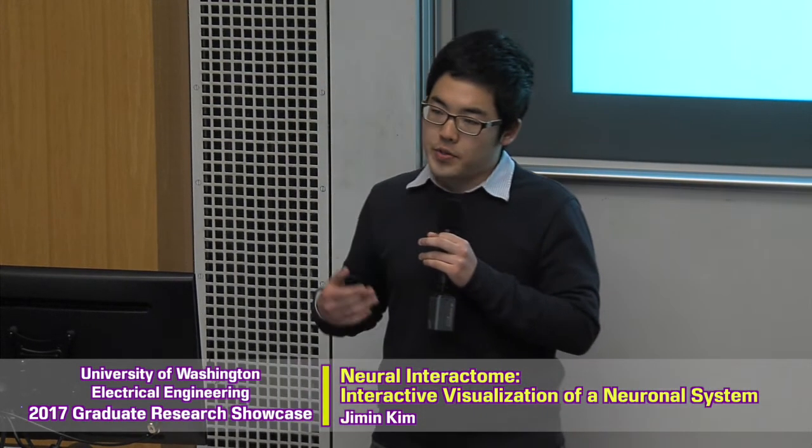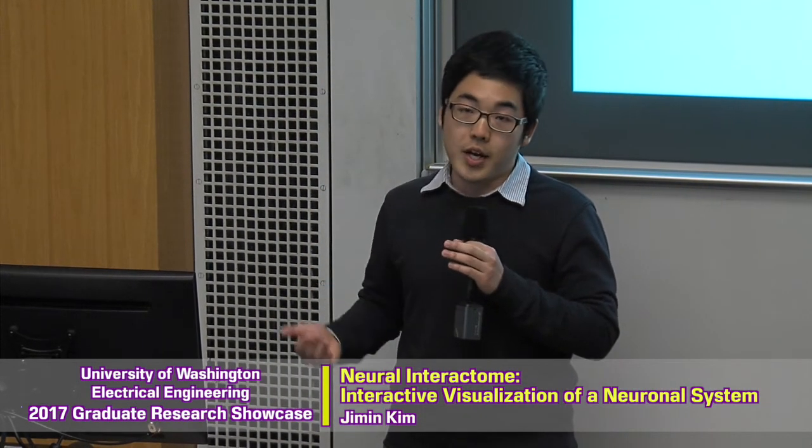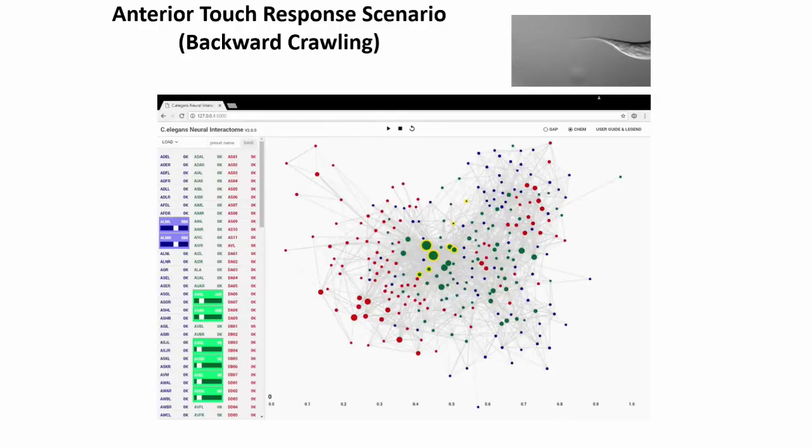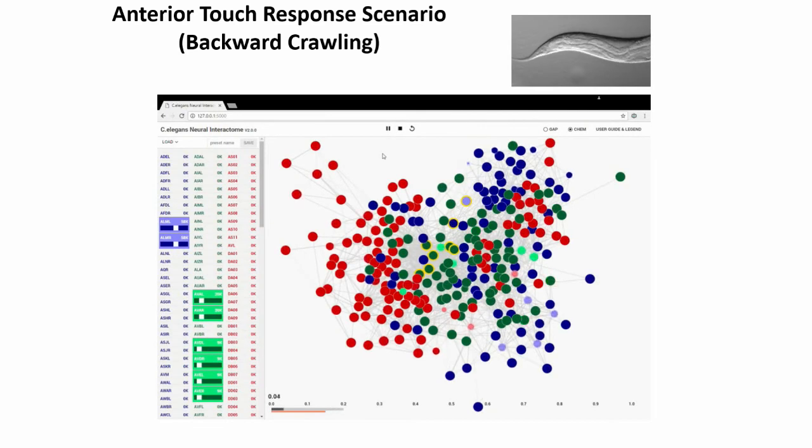Here I focus on a different subcircuit associated with the anterior touch response. In contrast to the previous scenario, this circuit is known in experiments to modulate the backward locomotion. On the panel, I'm stimulating a completely different set of neurons this time. And similarly, as I click the play button,